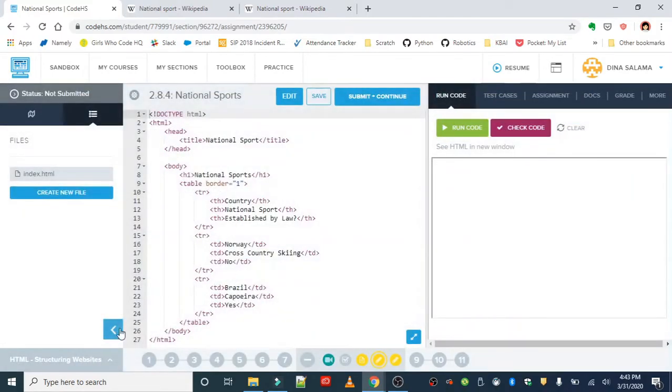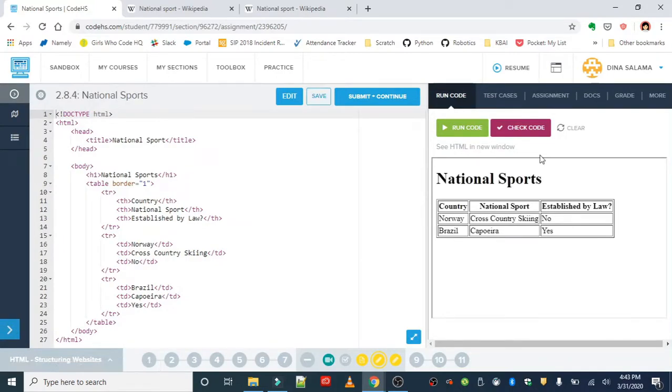So let's get started. Okay, first thing we're going to do is run the code, see what we have. All right, there's a table here. It has 2 countries with their sport and the established by law column. So to create a table, you need the HTML table tag. We add the border attribute to give our table a border so that we can see the rows and columns